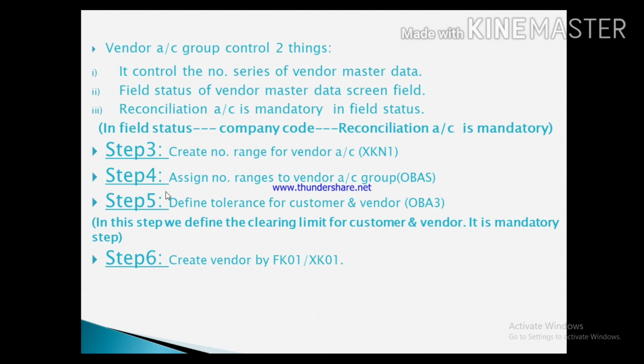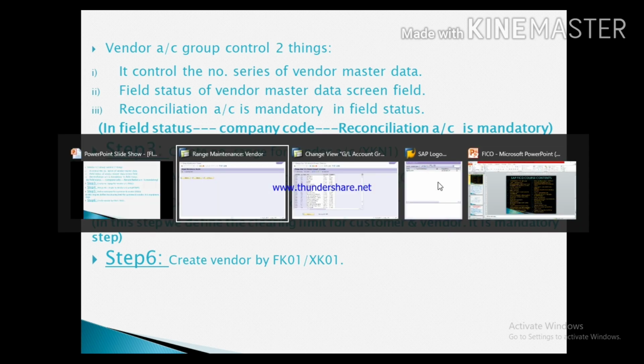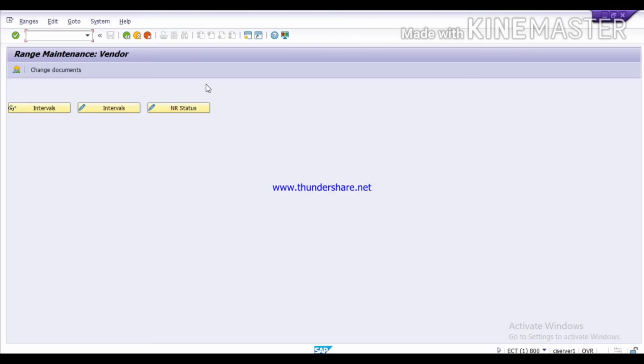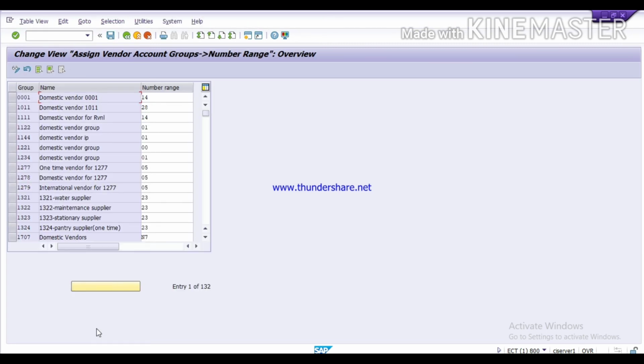Now next step is assign number range to vendor account group under the T code OBAS. Now we will assign number ranges. /n and write OBAS. Enter. Here we will click on this position button.